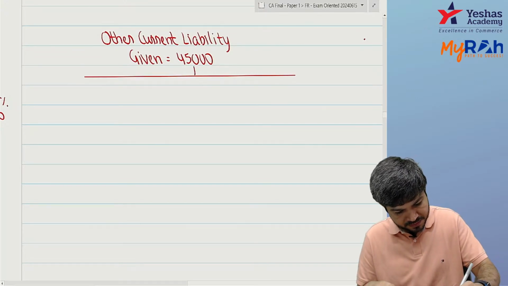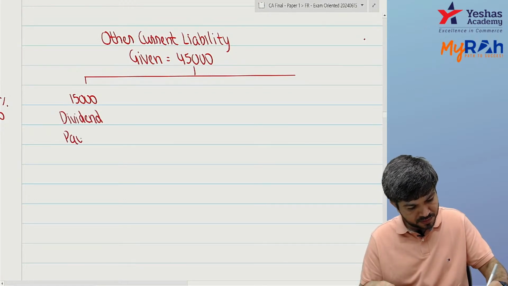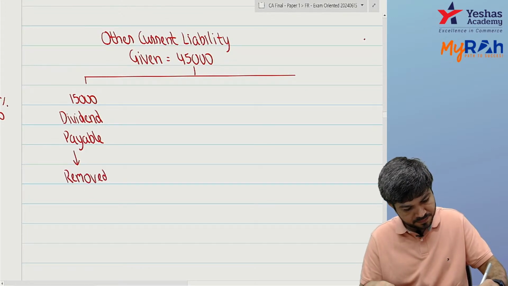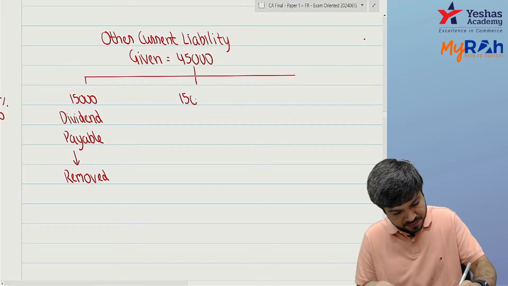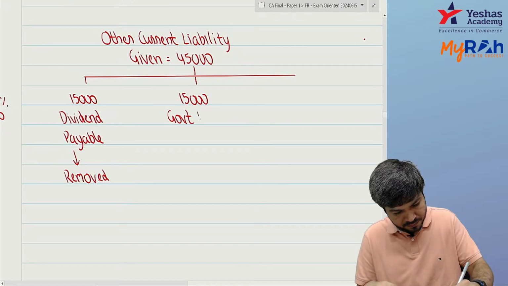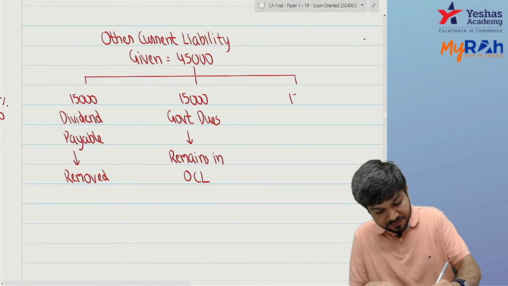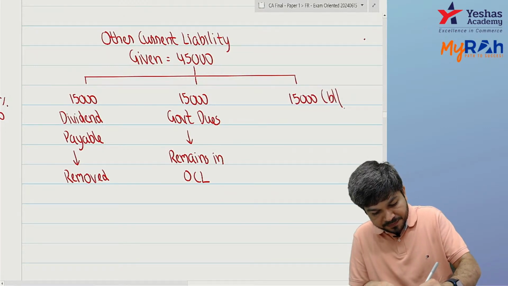I bifurcate it. 15,000 dividend payable is removed. This was wrongly accounted. Another 15,000 government dues, so it remains in other current liability, and the remaining 15,000, this is the balancing figure,